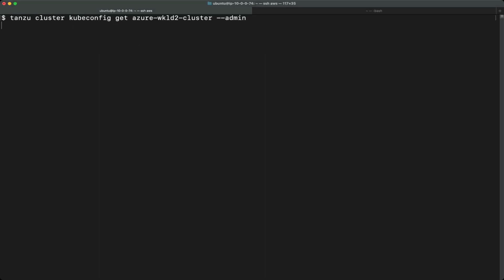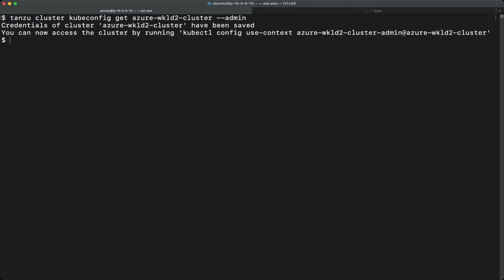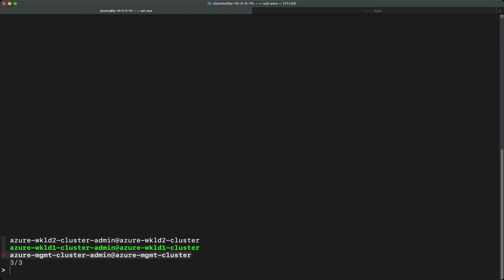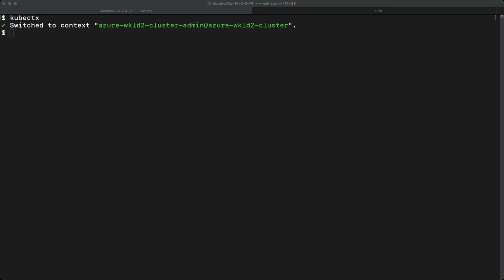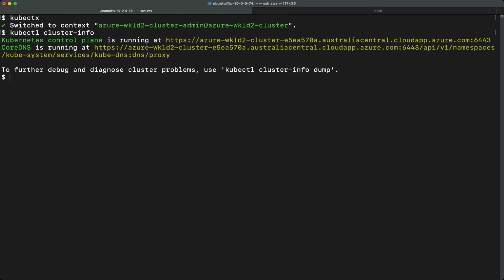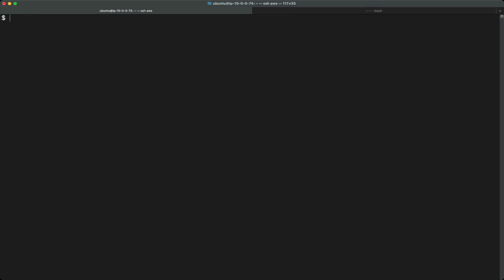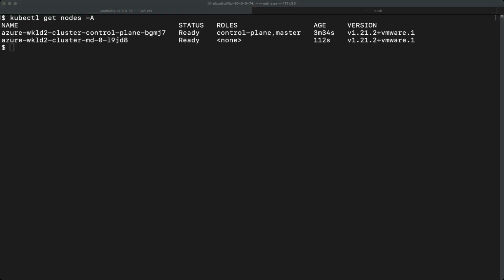Once you do that, you can change the context to it, and basically you're connected to the cluster. You can get cluster information, get the nodes, and also run your applications, anything you want.